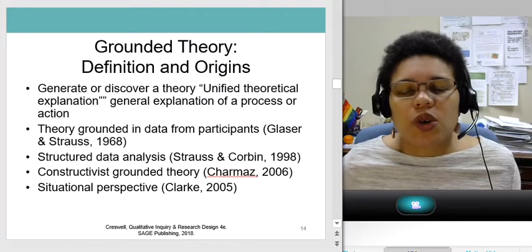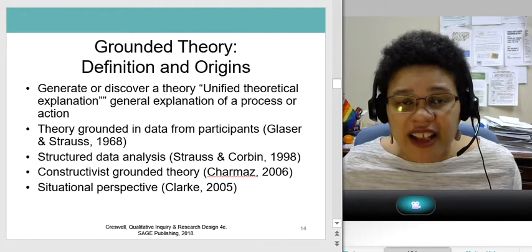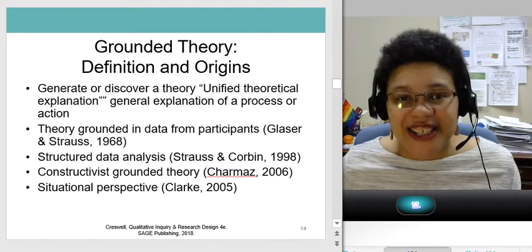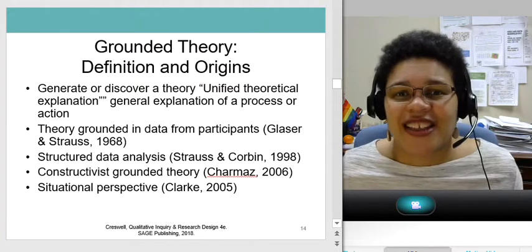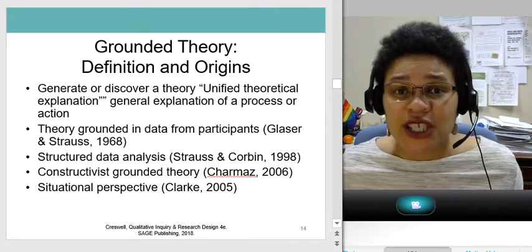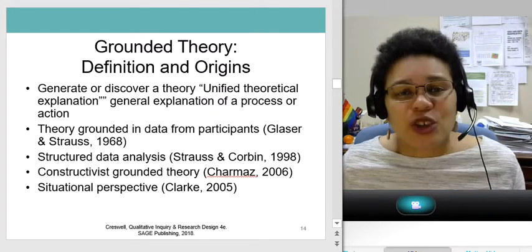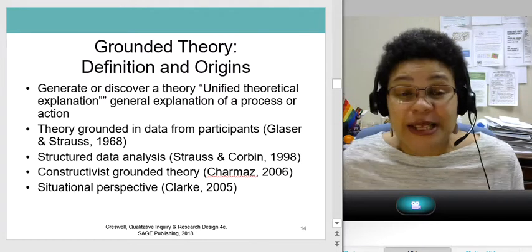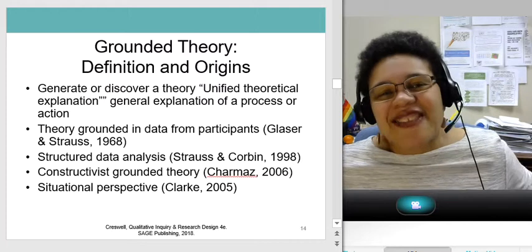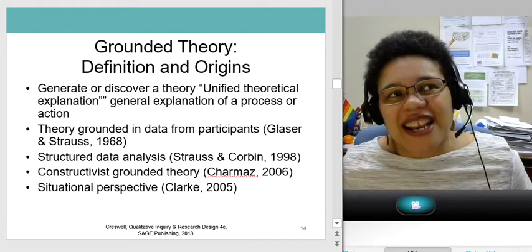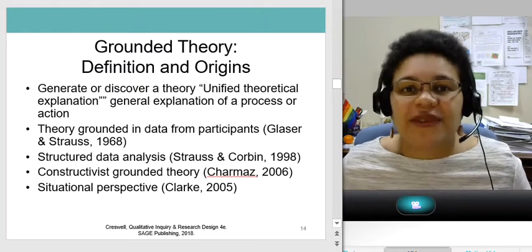And so physics and so on, where there are rules and laws and eventually theories, and so maybe there's this grand unified theory that relates to the motion of the cosmos. Well, can there be a grand unified theory that relates to people and people's experiences? And that's the kind of thing that grounded theory is trying to tackle from a qualitative approach.